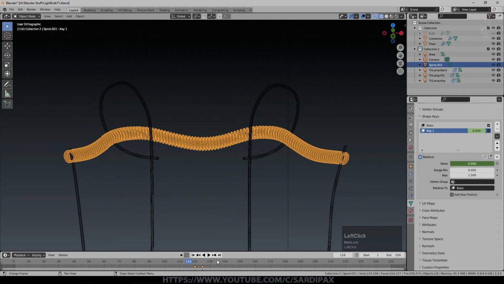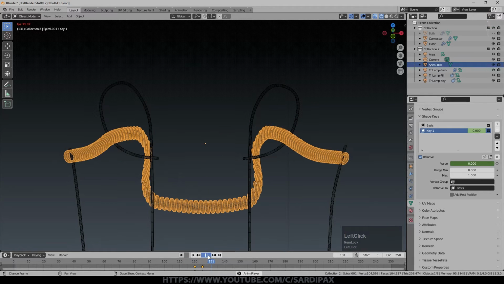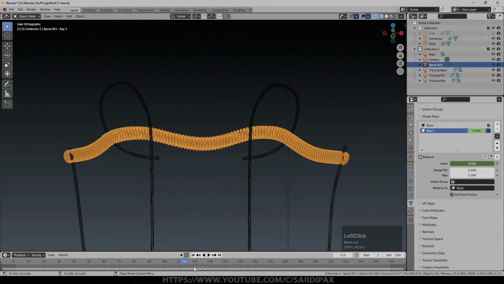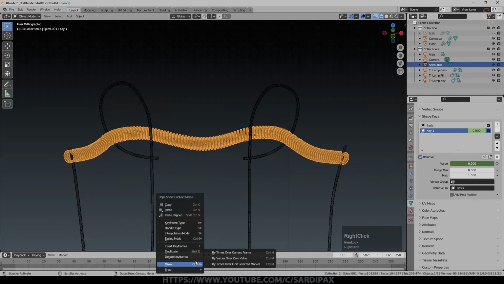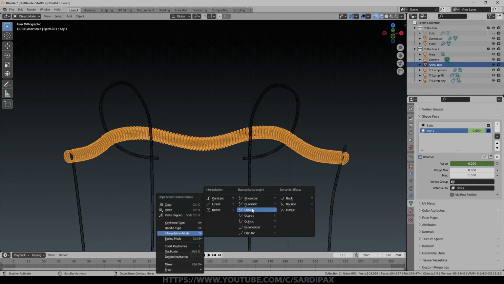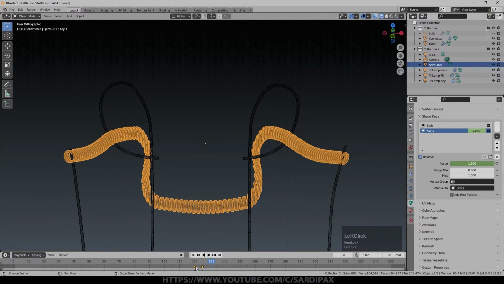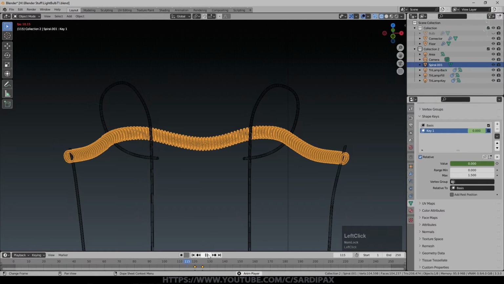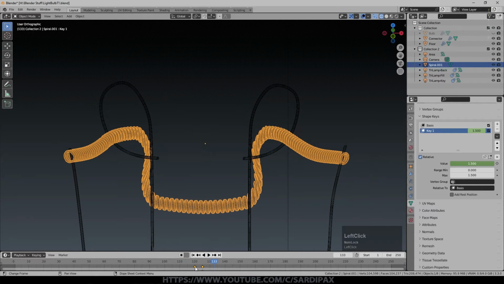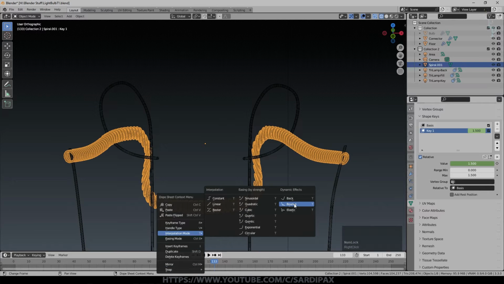Now to begin with, that's going to be okay, but it doesn't look quite right, does it? Even ignoring the fact that there's still filament there. What I'm going to do now is right click the first of those keyframes, go to interpolation mode, and I'm going to try bounce. Let's see what that looks like. So that looks a little bit more realistic. There's a little bit of movement there. And you could try other keyframes, perhaps back. No, I think bounce is probably the best one for our purposes.